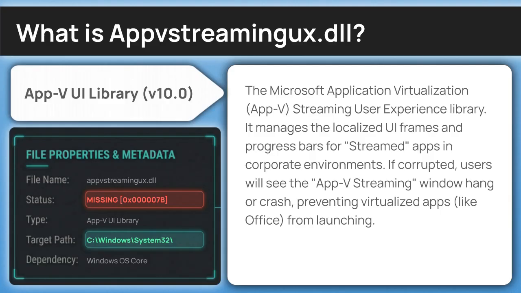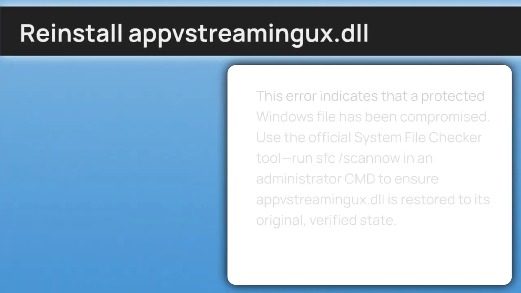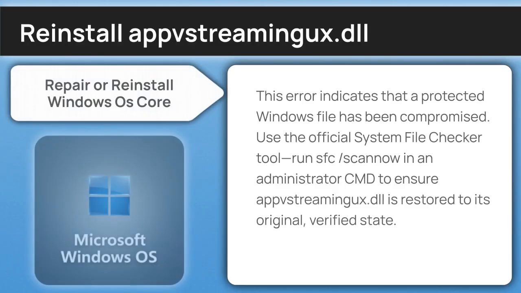Now that you know how the file works, let's focus on the how and fix the issue. This error indicates that a protected Windows file has been compromised. Use the official System File Checker tool. Run sfc /scannow in an administrator CMD to ensure the Application Virtualization Streaming User Experience DLL is restored to its original